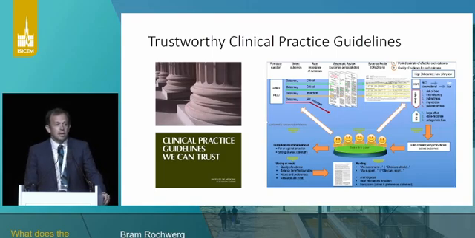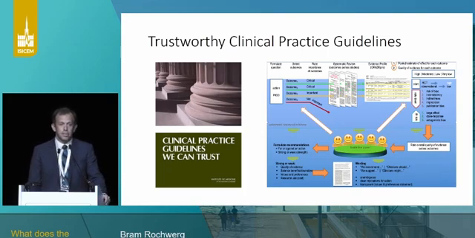Clinical practice guideline methodology has evolved a lot over the last 15 or 20 years. And this was a seminal publication by the Institute of Medicine in 2011, which set these standards that we use to produce guidelines. A transparent process linked to a systematic review of the evidence, including many stakeholders as well as patients, and a lot of factors that go into making recommendations, not just the evidence, but also including certainty of the evidence, patients' values and preferences, costs, resources, other considerations as well.